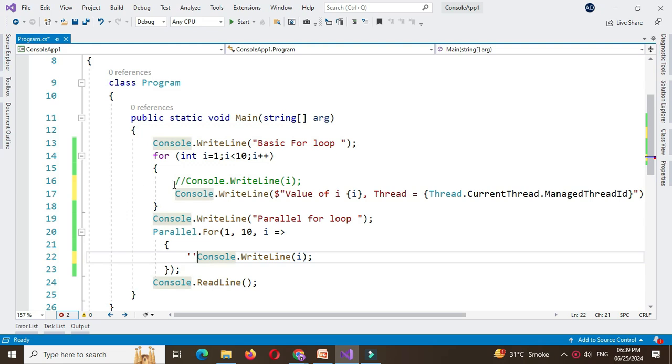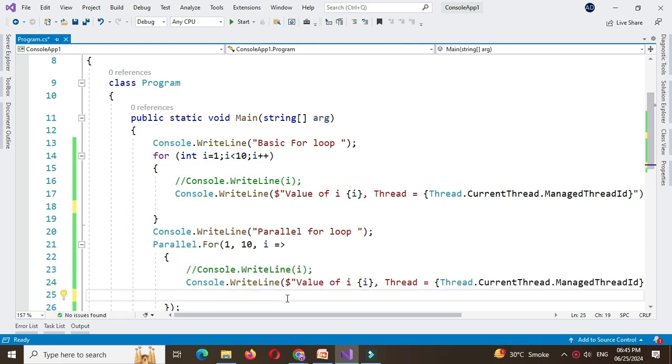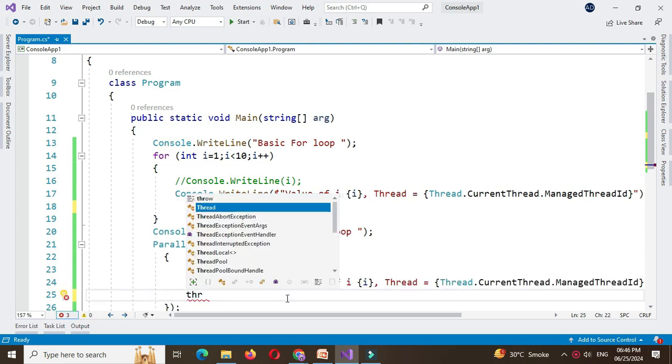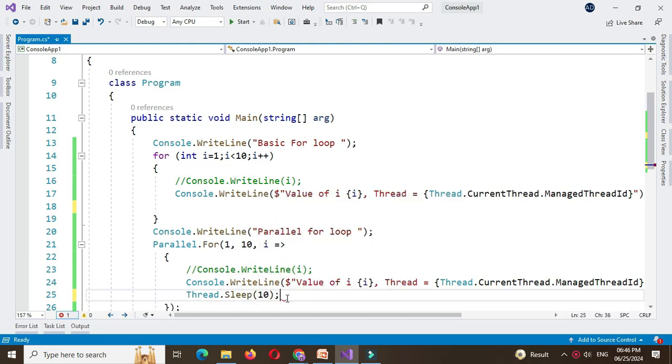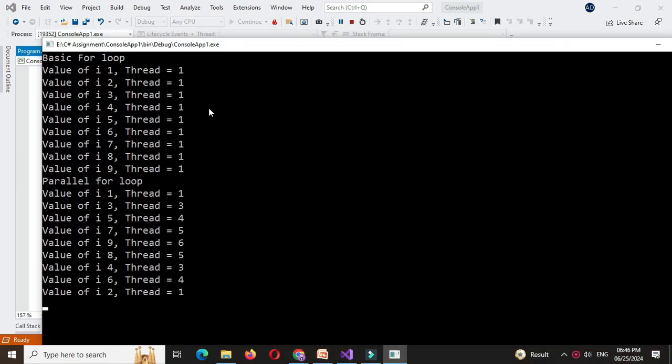So I'll copy this and paste it here, and we'll use Thread.Sleep for 10 milliseconds, and here also we'll write Thread.Sleep, and we'll execute this. With the basic for loop it will print the value of i sequentially from 1 to 9, and the thread will be 1. With the parallel for loop the value of i will be 1, 3, 5, 7, that is, it will print the value of i randomly, and the thread will be different,